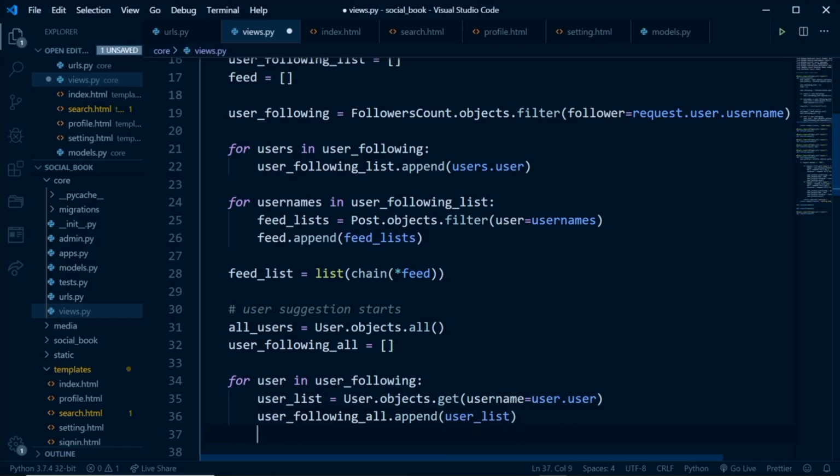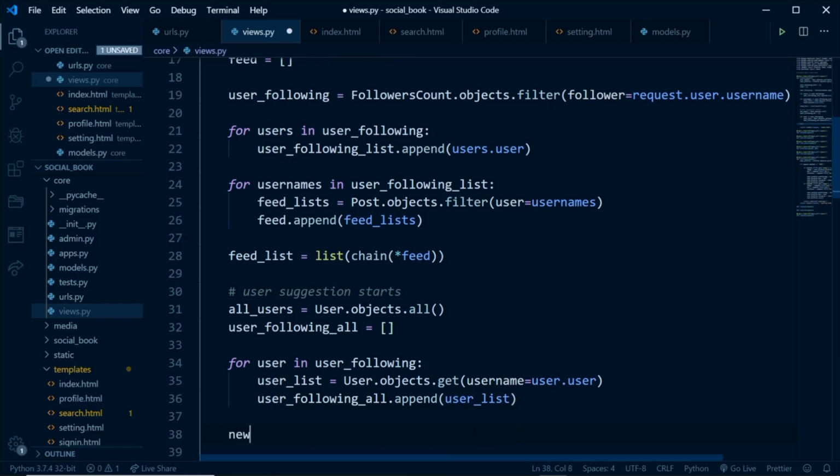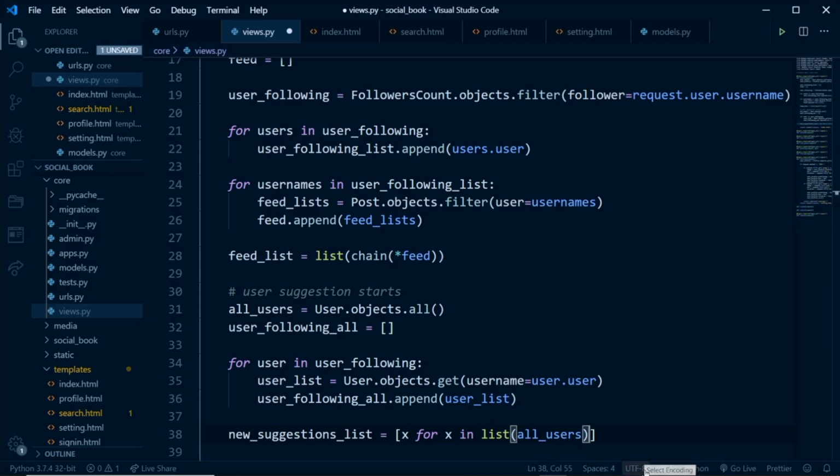So now that we have this, what we can just do now is to say new_suggestion_list. What we want to suggest now is the people that this user is not already following. So the new_suggestions_list now equals to, this is going to be in a list, but in here we're going to have a for loop, so it's like a specific style. So say x for x in list(all_users). We're just converting this all_users queryset into a list. And then we say if x not in list